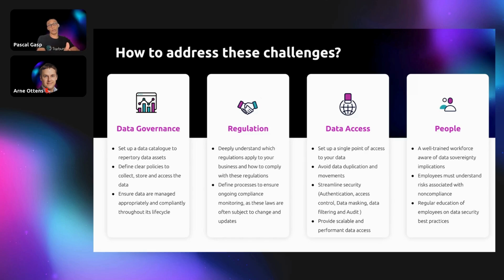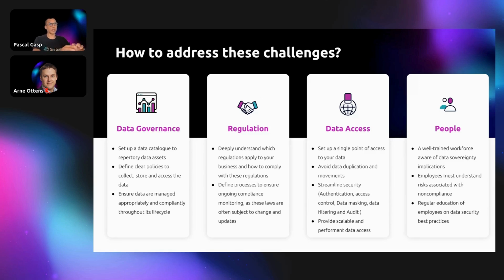The first one is a technology aspect. Defining the right way to access your data is the best way. On the Starburst side, we are convinced that having an abstraction layer, a single point of access, and avoiding moving or copying data from one place to another, is the best way to minimize the risk of a data breach. Also, being able to compute data close to where it lives is the best way to then apply the policy or rules you can apply on the data. And we have a solution for this.